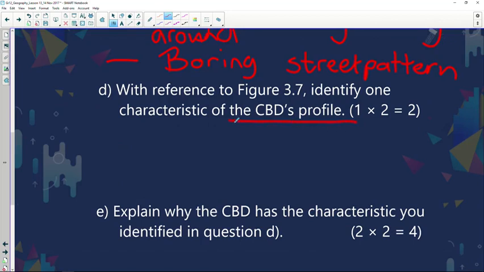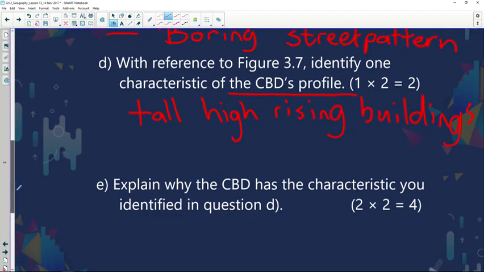And like I've just mentioned now, it's the tall, high-rising buildings. The reason for the tall, high-rising buildings is because of the property value. It's very expensive and difficult to expand. Many places can't afford to be in the CBD, so what happens over time? Decentralization takes place. If we quickly look at number E,